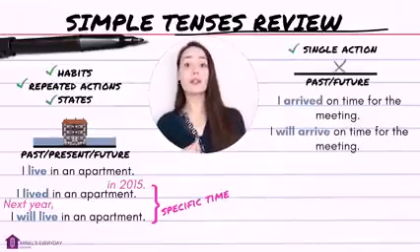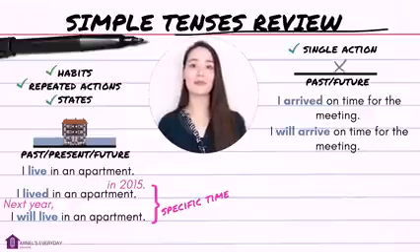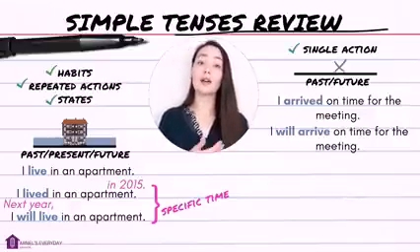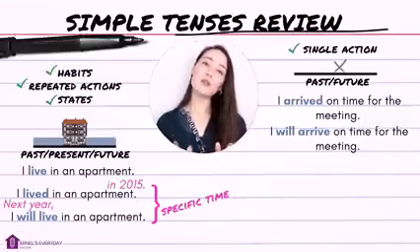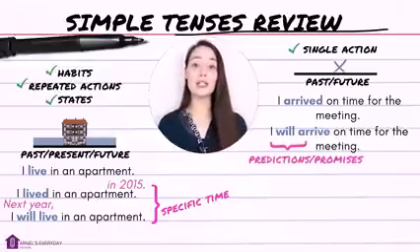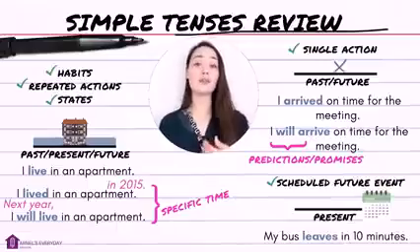I arrived on time for the meeting. I will arrive on time for the meeting. But because we don't always know what's going to happen in the future, the future simple is often used for predictions and promises. And finally, the present simple can be used for a future scheduled event, like my bus leaves